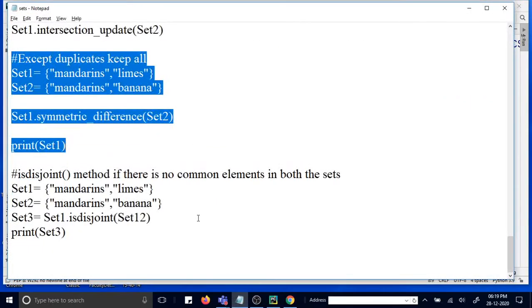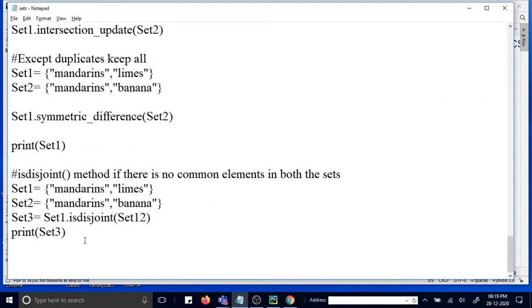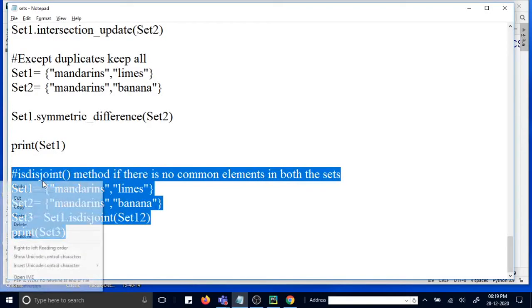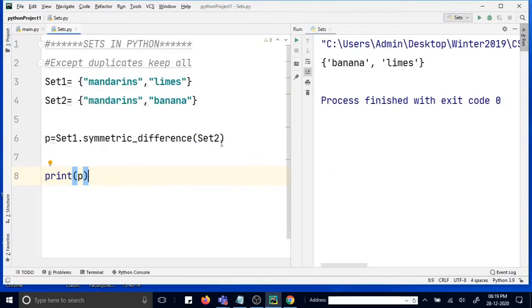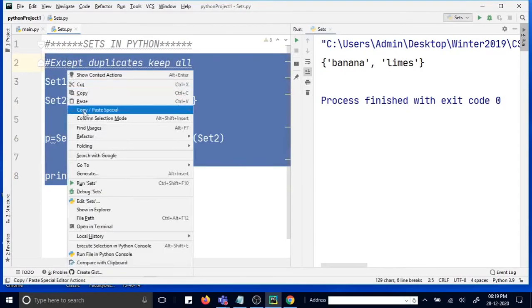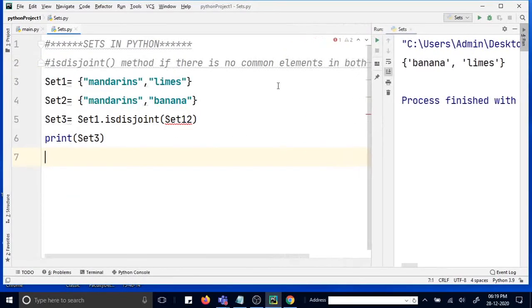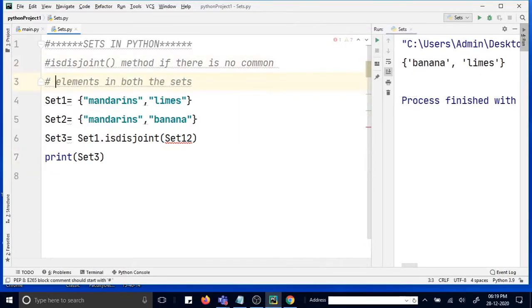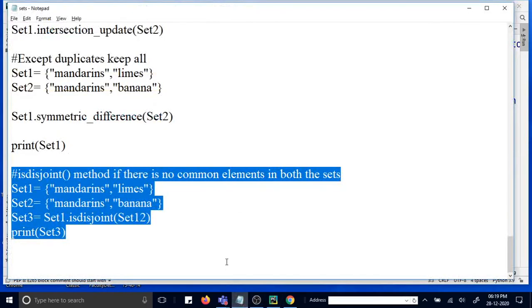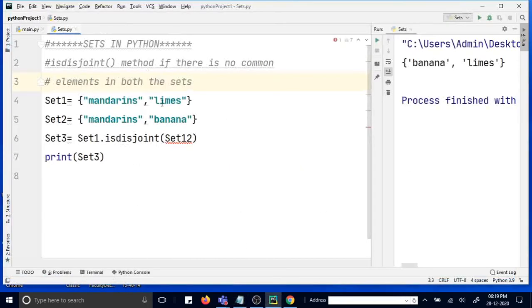Then we have another interesting operation which is called disjoint operation. So disjoint operation is just a different type of operation, which checks that there is no common element. Similarly, like intersection, this one and the last one, symmetric difference, similar type.